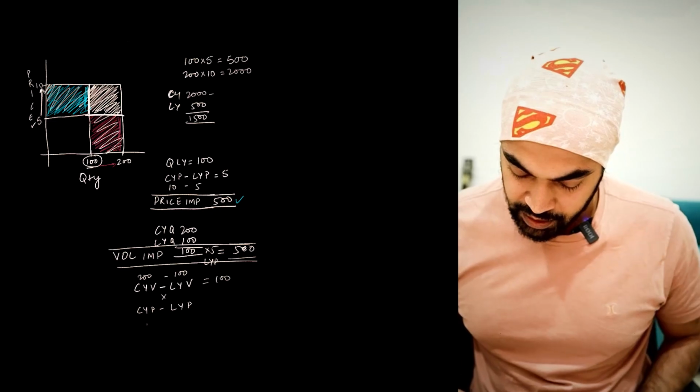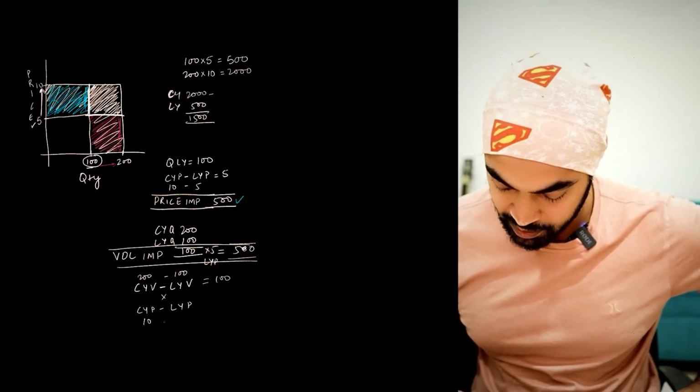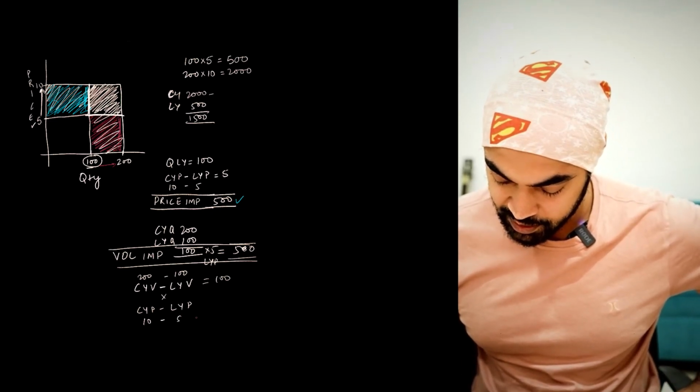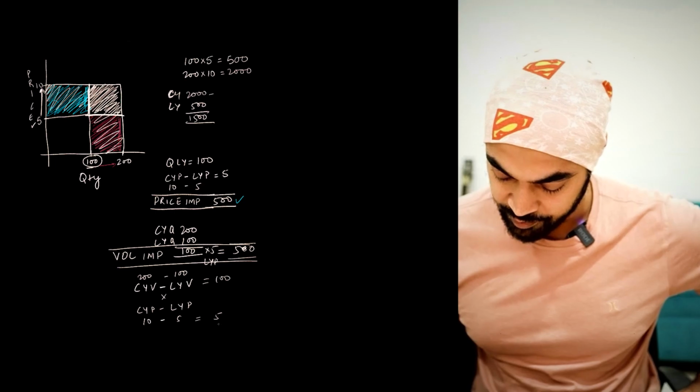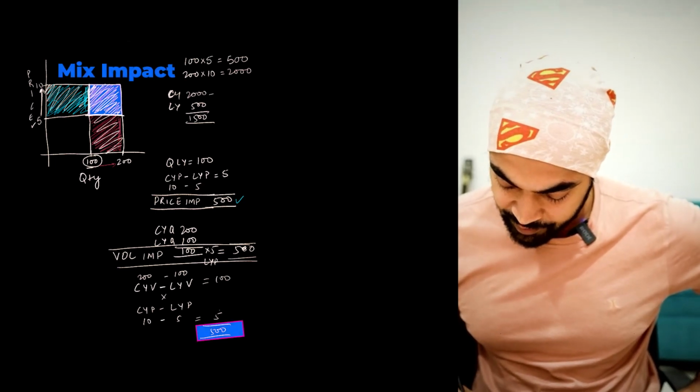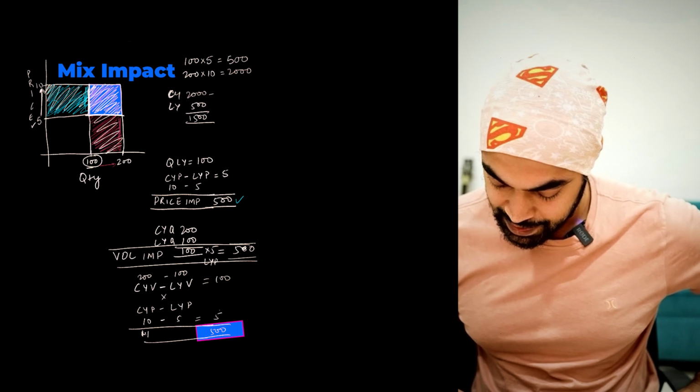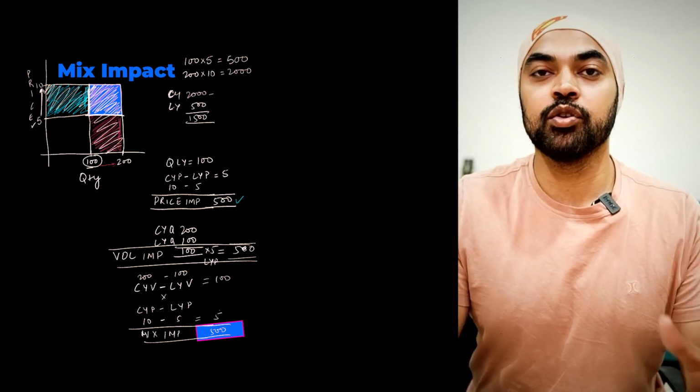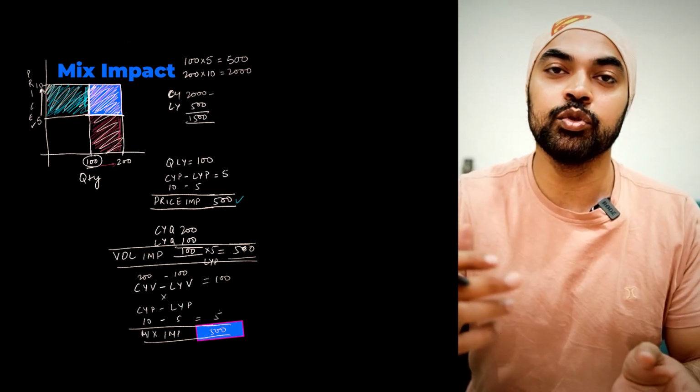What is the current year price? The current year price is 10 bucks. The last year price is 5 bucks. And this is actually going to give me 5. And 100 into 5 is going to give me 500. And 500 is nothing but the mix impact, which came just because you changed the volume and you changed the